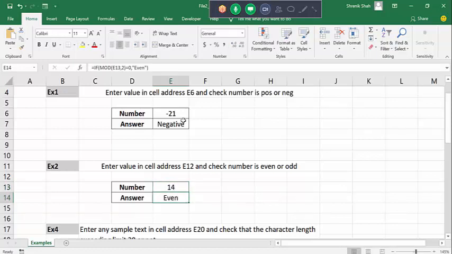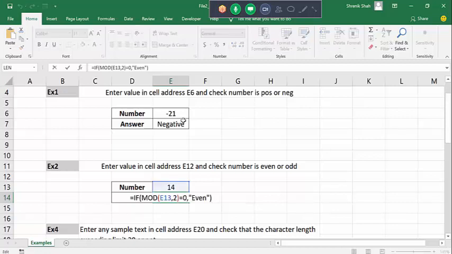I hope my voice is clear to you, and here I'm discussing what the IF function is and its syntax. So the even and odd function is here. I check the remainder by the MOD function. If it comes 0, then only even. After that I give a comma and I type odd.